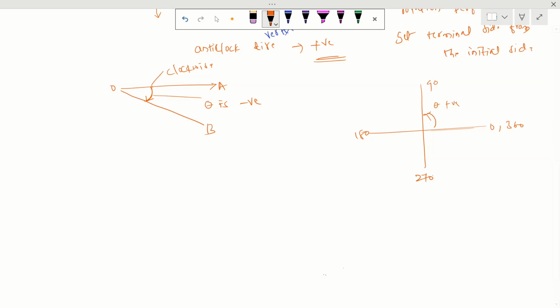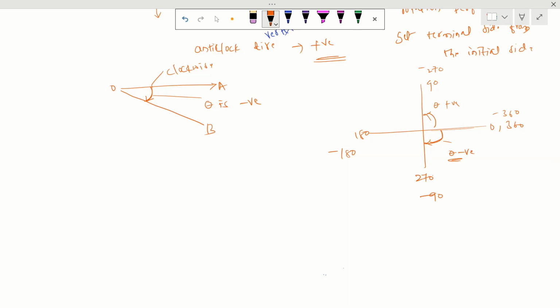And if we measure this angle in these directions, in a clockwise direction, then here theta is negative. So in this case here it is minus 90. Okay, in this case the rotation is in this direction. Okay, clockwise, theta is negative. In this case this angle is minus 90, and it is minus 180. This is 270, and this is minus 360. Okay, if we are measuring like this in this direction, all values are positive,